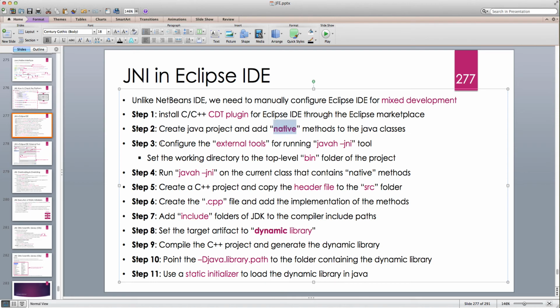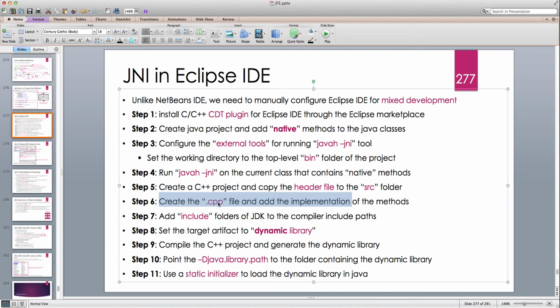And then step 3 was a very important step, which was configuring the external tools for Java Edge to be able to generate the header file. And we said that we have to point it to the bin directory, the directory that contains all the .class files, not .java files, because Java Edge, the tool that generates the header files, acts on the class files. And then we said that we generate the header files, and then we create the C++ project,